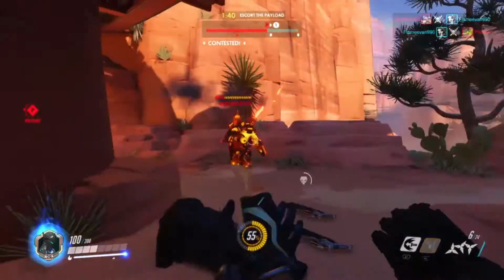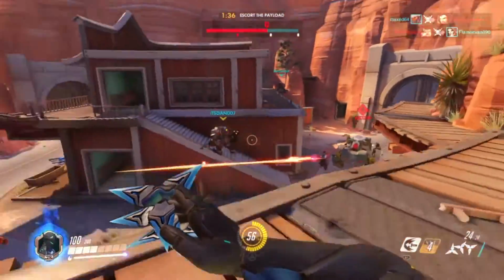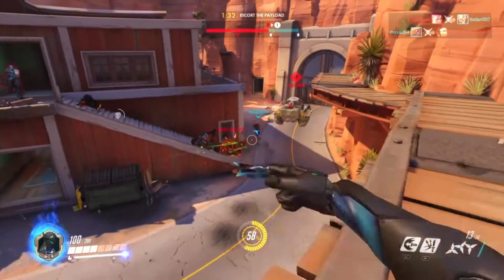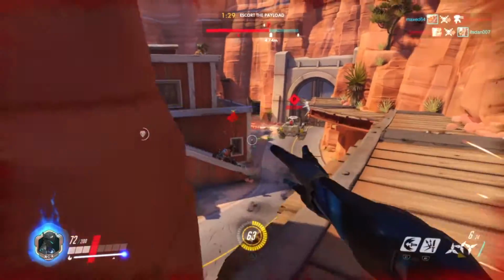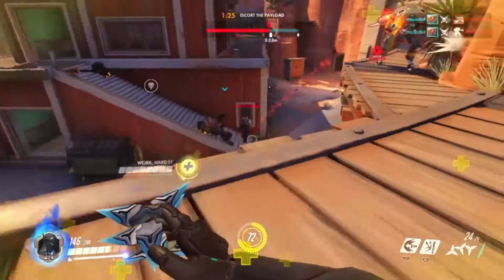But Genji's deflection is sort of a prediction thing, so you gotta predict when the enemy is about to fire at you, and if they do, it is very useful against Bastion. So you have to predict and counter the enemy using deflection. So deflection is an awesome